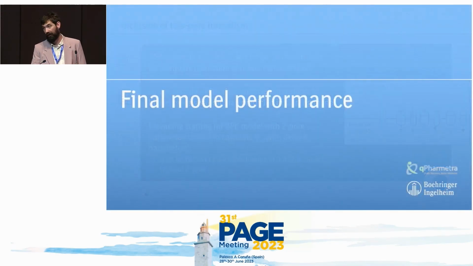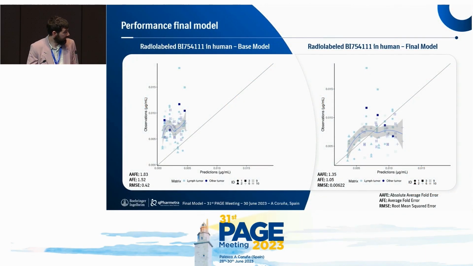The final model up till now is performing a lot better than the one we had before. It is still not perfect, as you can see here on the right-hand side compared to the left-hand side. On the bottom, you see the quantitative metrics describing the model performance. So we have vast improvement in all of them. But of course, you can only jump so far with an a priori model, and individualized parameters or better information about LAC3 and target expression would improve these predictions even further.